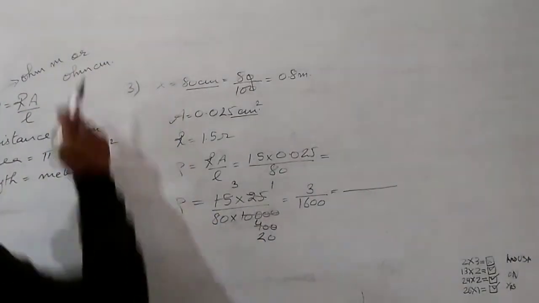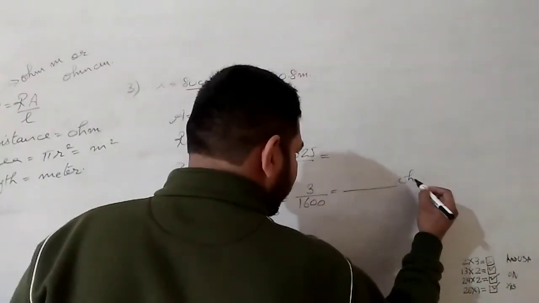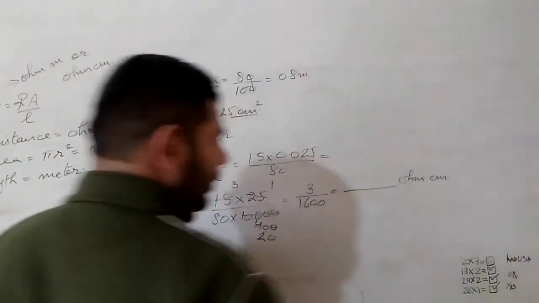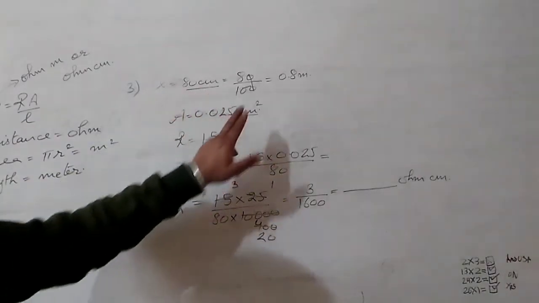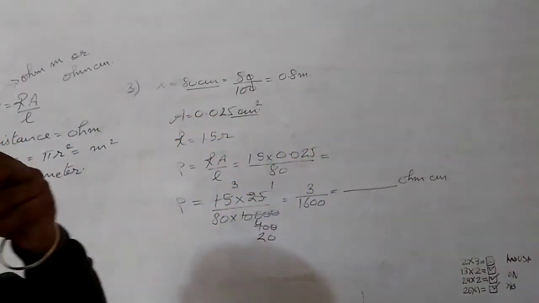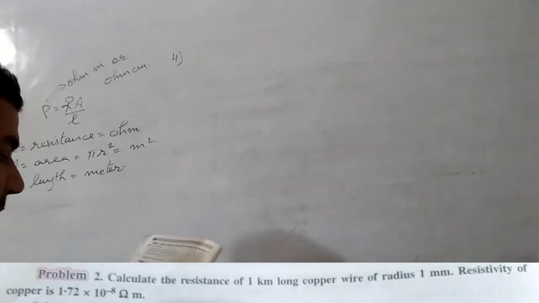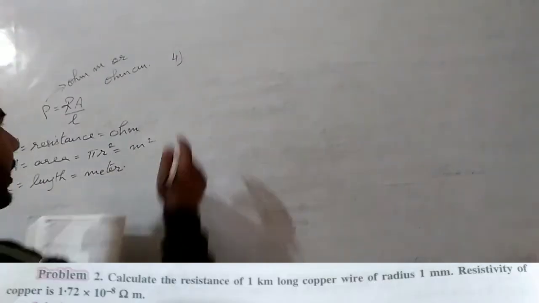So we can write here ohm centimeter. If both values are given in centimeter, you can take centimeter. If both values are given in meter, you can take meter also. Numerical: calculate the resistance of 1 kilometer long